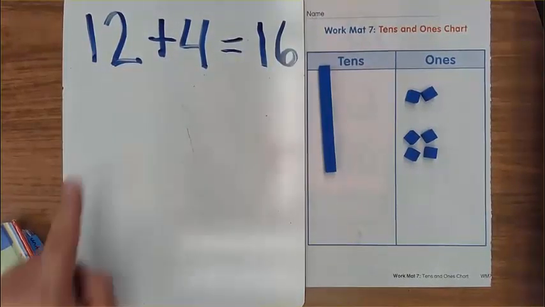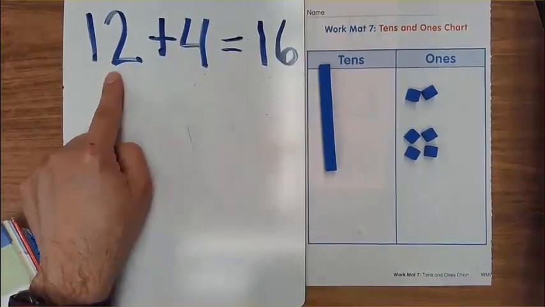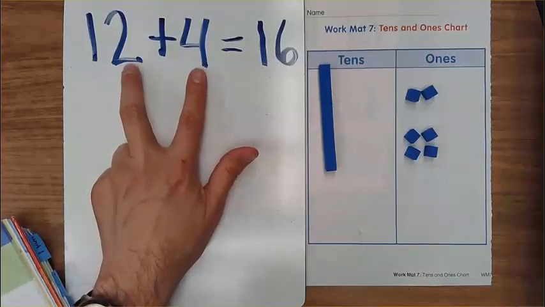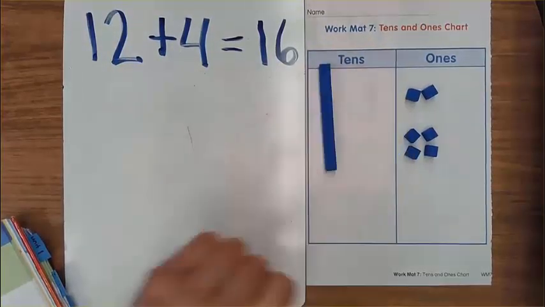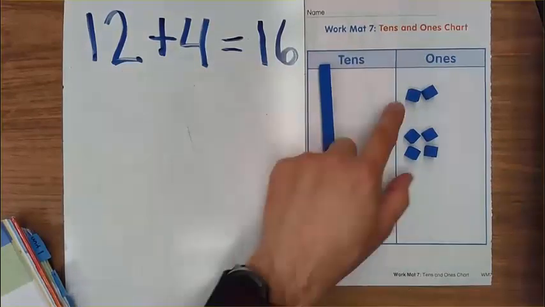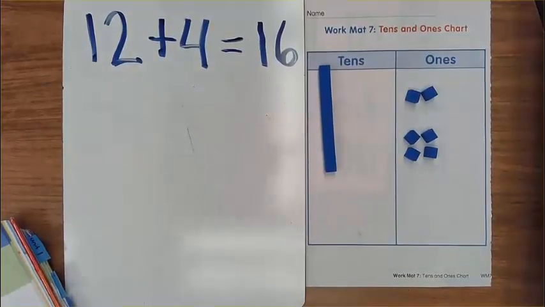So when we're adding a 2-digit number and a 1-digit number, you add the ones together first. Okay, so that's what you do. You add the ones together first. All right, so